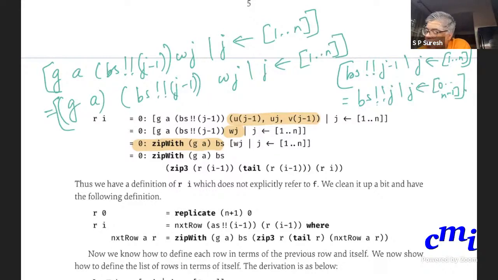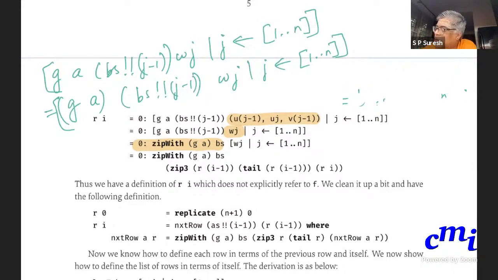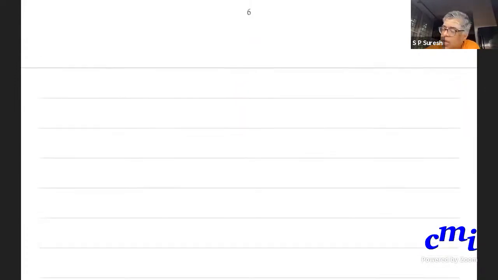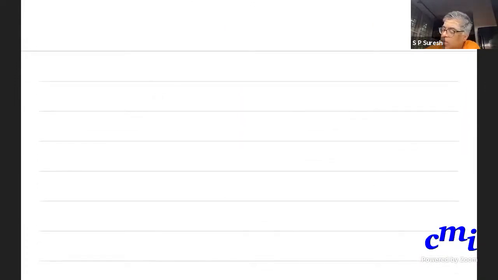Sorry, if you think there is too much written here, I'll add a new page. This page icon. So what I'm saying is that, is it visible? Yes, it is visible.